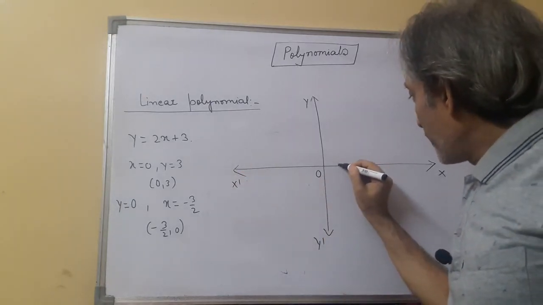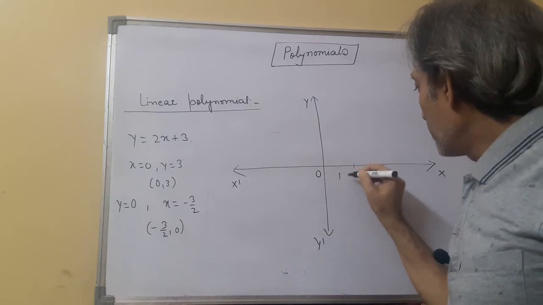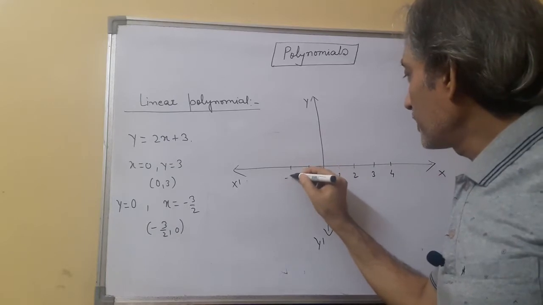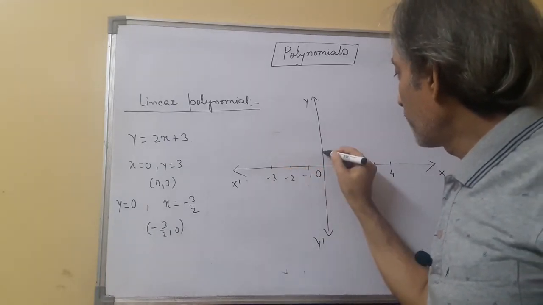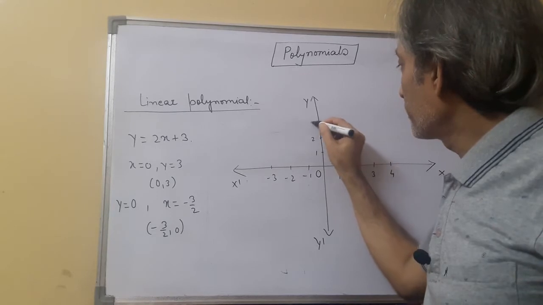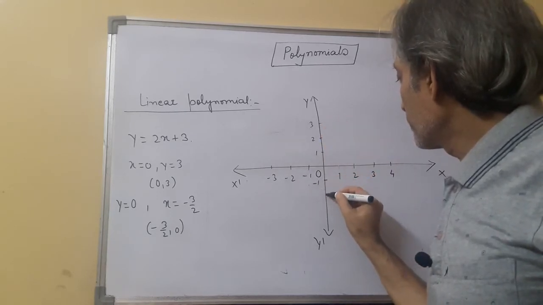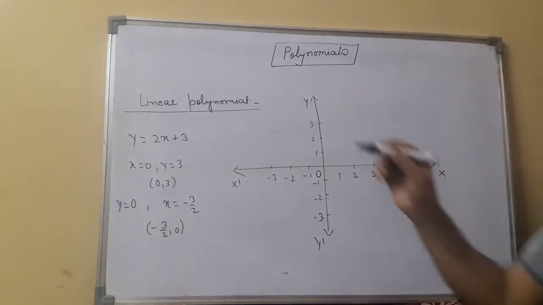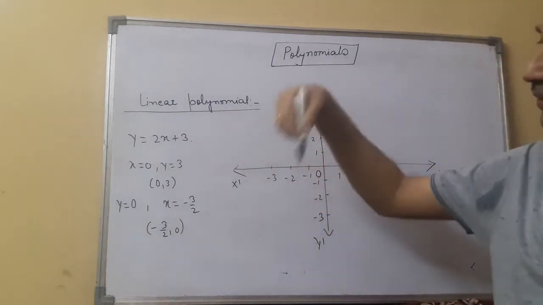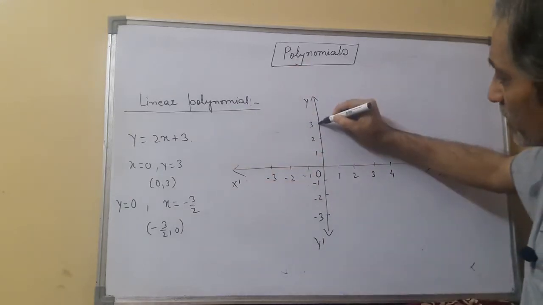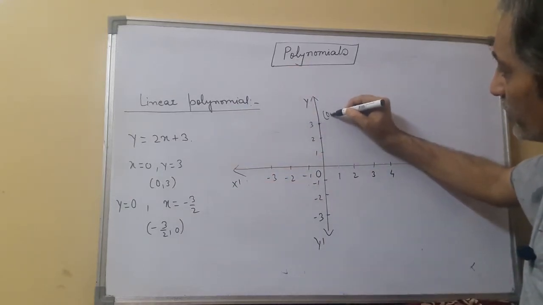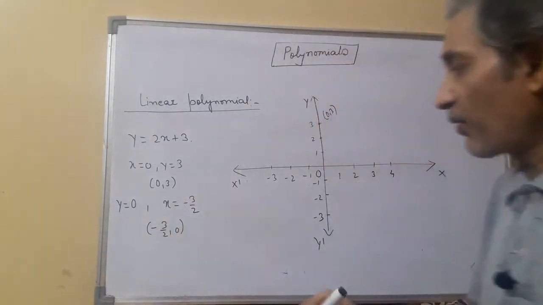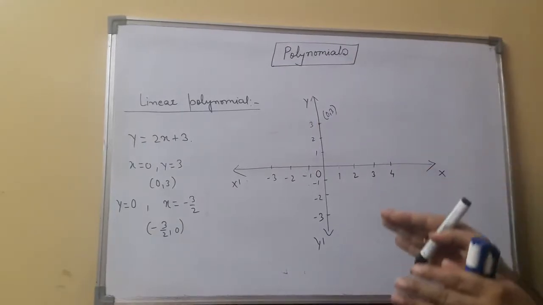सो आई एम गोइंग टू मार्क सम पॉइंट्स हियर. 1 2 3 4 इक्वल स्पेसिंग पे मार्क करना है. वैसे रफली आई एम मार्किंग. Now plot these 2 points 0, 3. 0, whenever x is 0, it means it will lie on the y-axis. This is the point 0, 3 and -3 upon 2, 0. मैंने पॉइंट को इस तरह लिया ही है कि उसको प्लॉट करने में थोड़ी आसानी, सुविधा हो थोड़ी.